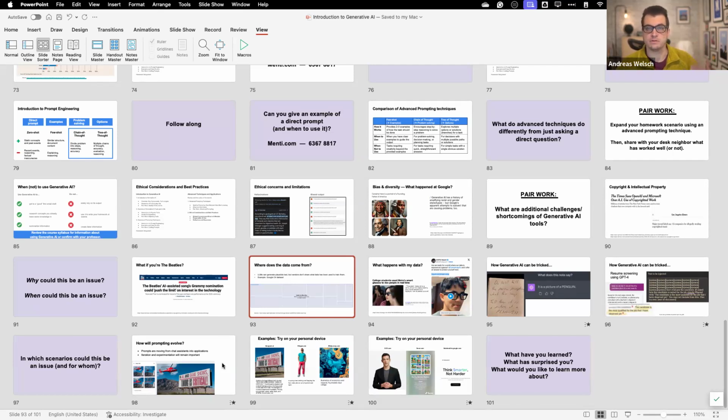If you're more of an audio type learner, or if you want to learn on the go and you don't have time to read all the articles, you can put it into Notebook LM and have AI generate a podcast episode for you entirely using AI voices. So also, again, just to show where all of this is going, how fast things are moving, and why it's important that we learn about these concepts and what their opportunities as well as their challenges are. So that's it in a nutshell.